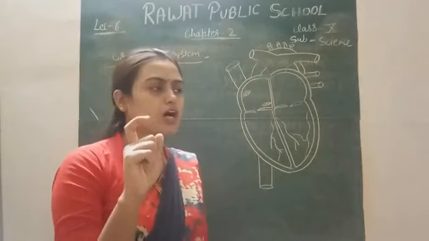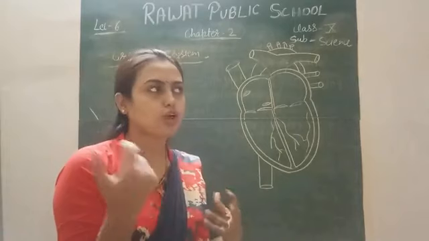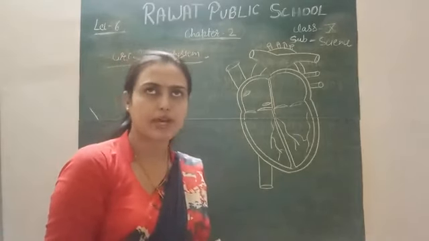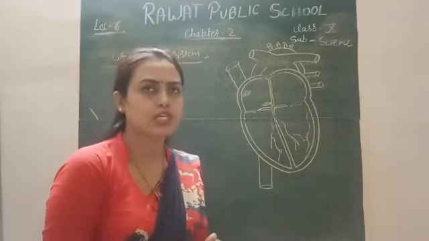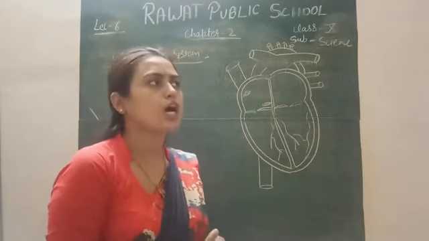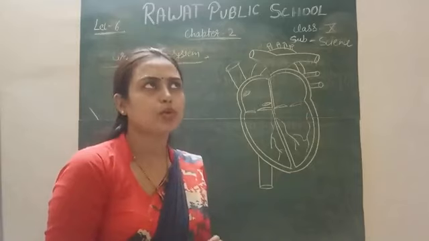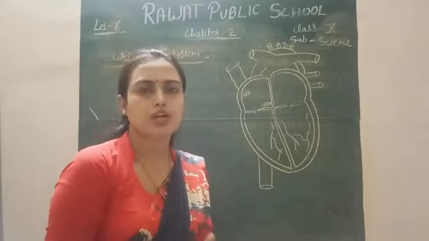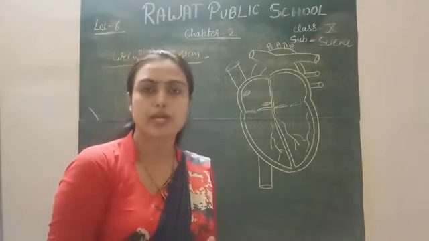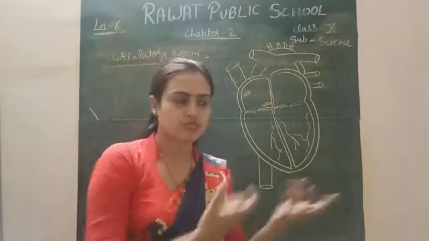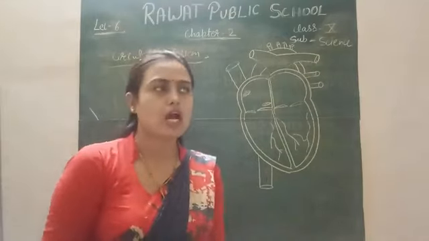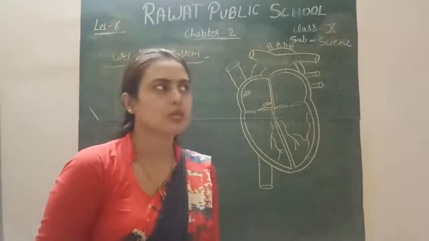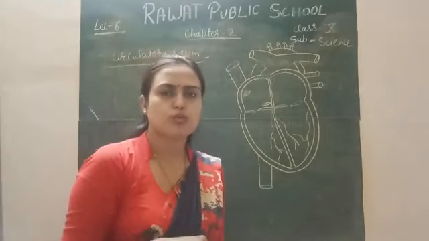Lymph is a fluid which does not contain RBC. Red blood cells are absent in lymph, but white blood cells are present, along with a few proteins and hormones. It generally collects proteins and some fat molecules from the liver and transports them to the different body parts where required. So it is also called the middleman of the body because it carries and transports material, and because it has WBC, it also helps in the defense mechanism. So this is a small topic of lymph.